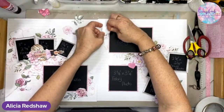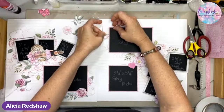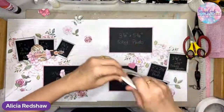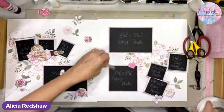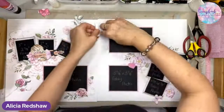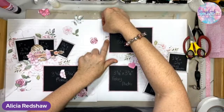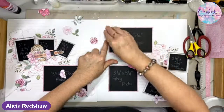So let's actually tuck that bit we snipped off here. Let's tuck it in here. Let's do that. Pull this off a bit and tuck that there. And then what we'll do,